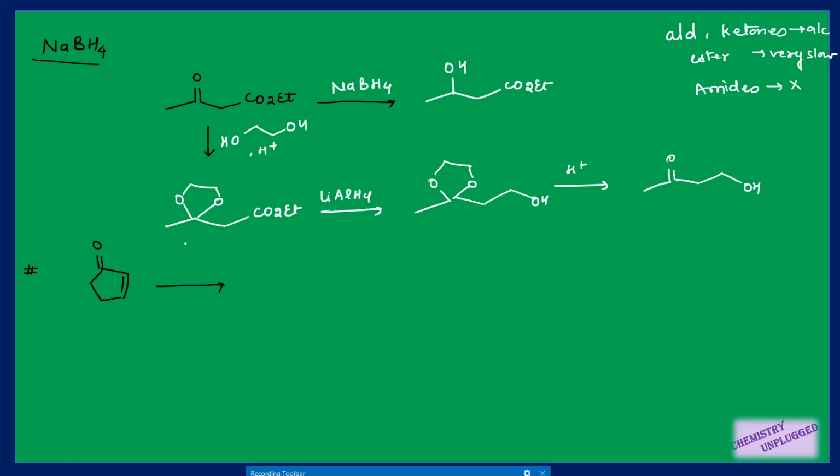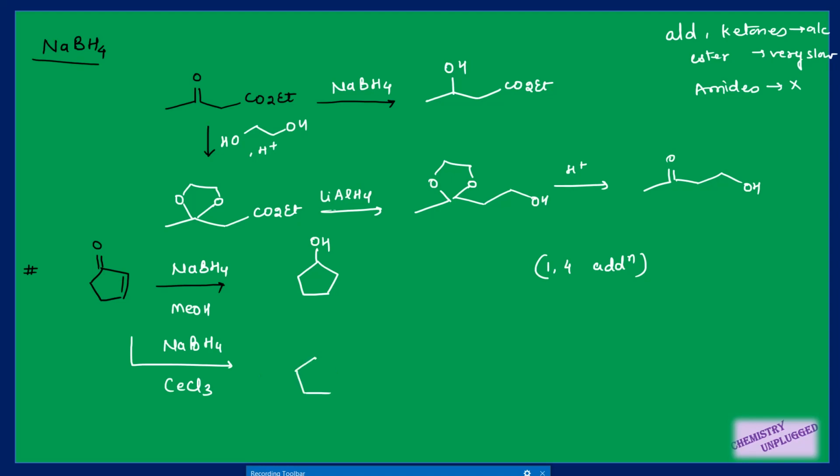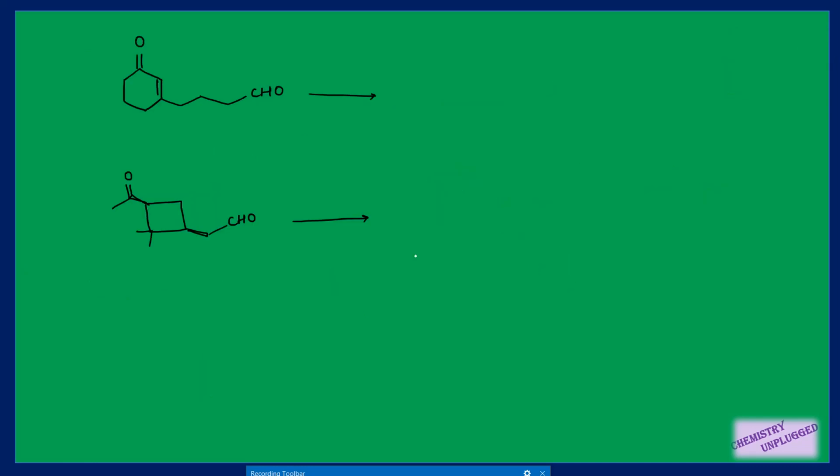This is what I have told you, that if I am using sodium borohydride in the presence of methanol, then this double bond will also be reduced, meaning it will show 1,4 addition. And suppose I am using NaBH4 in the presence of cerium chloride, then it will show direct addition, meaning this double bond will remain unaffected. So this example is very common, but there are certain important things about this reagent, that is sodium